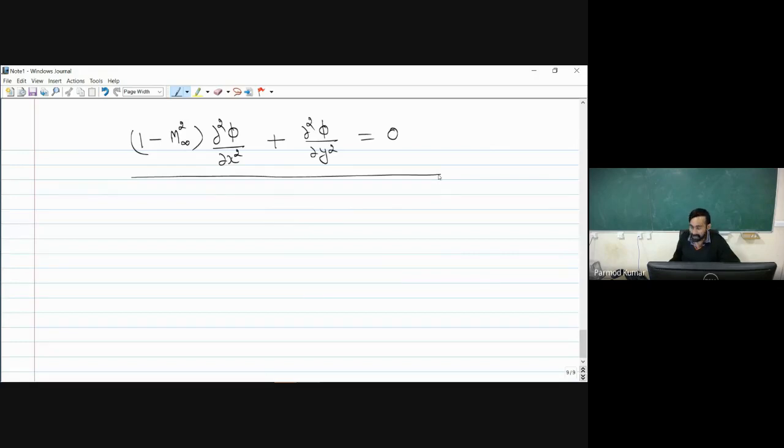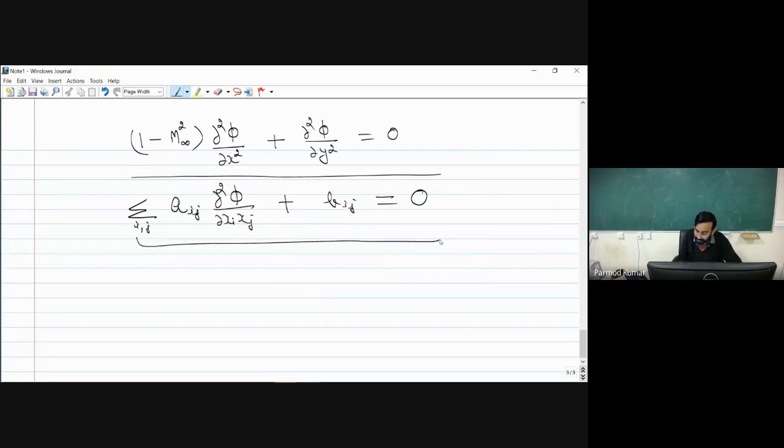Okay, so what we will be doing, I will consider, say, summation. I am taking over i, j, and I am writing some equation: summation of a_ij del square phi divided by del x_i x_j plus b_ij equal to 0. So what is the meaning of this equation, which I have written in the summation form?